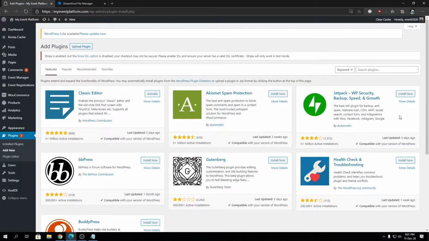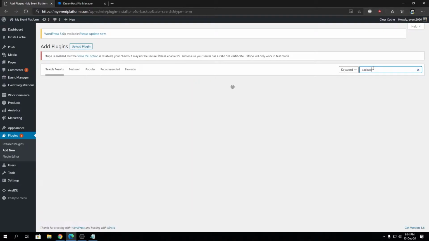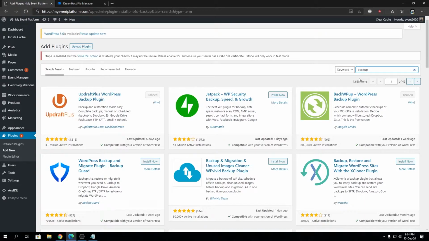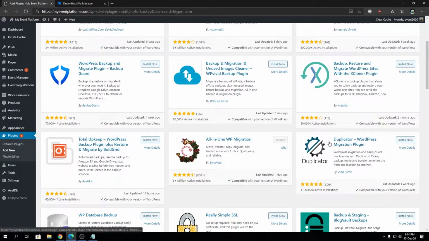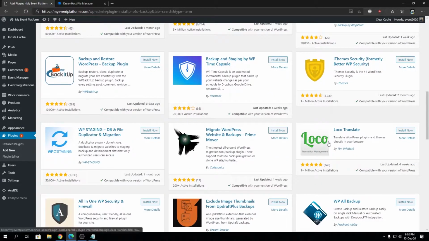I hope you guys already know about Jetpack. It's built by the WordPress parent company, Automattic. Jetpack is not really free when it comes to backup, but if you are ready to invest some money into plugins, then Jetpack is a really good plugin that will get you up and running within minutes for your backup solution. But there are free alternatives as well. If you type in backup here on the plugin repository, we will see a lot of backup solutions that you can install and use with your WordPress website to get started and safely create your backups.